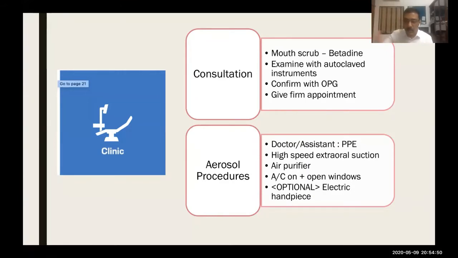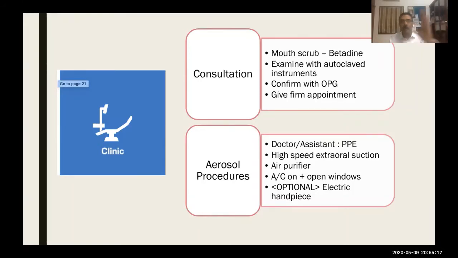Okay. So now, apart from that, whatever the rest of the air which is going to escape from this high-speed evacuator, we also fortify it. It is not necessary, but we also have an air purifier, or you can have a negative ion charger. We can keep that as an adjunct to it, but it is not necessary.